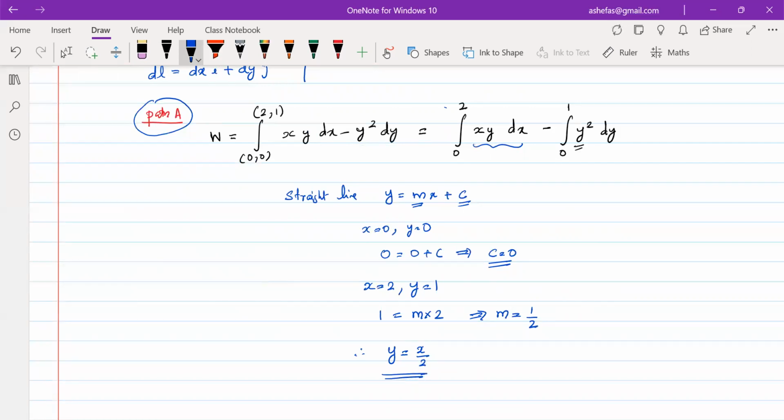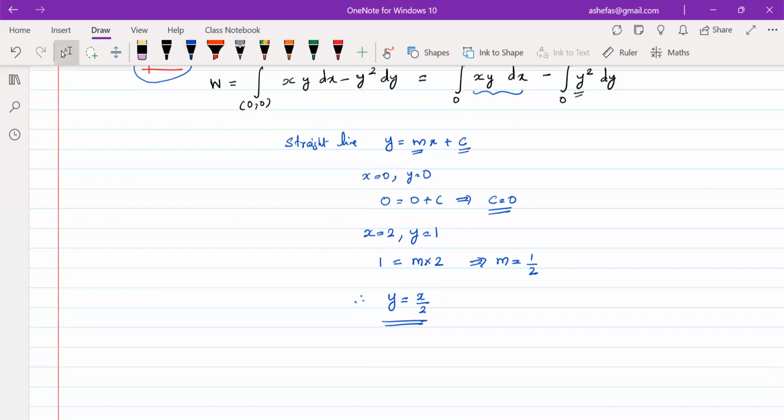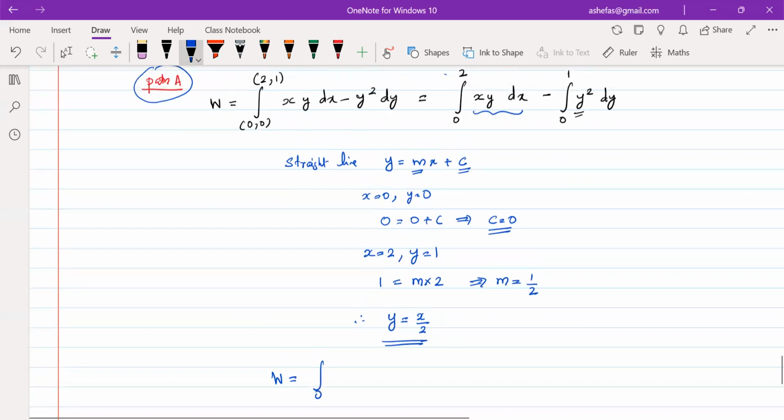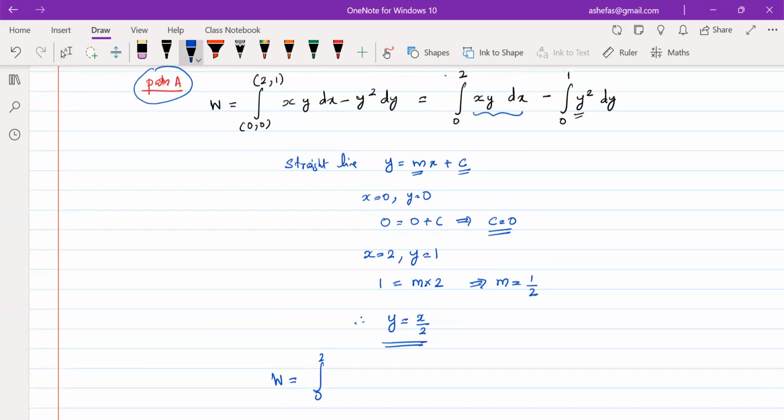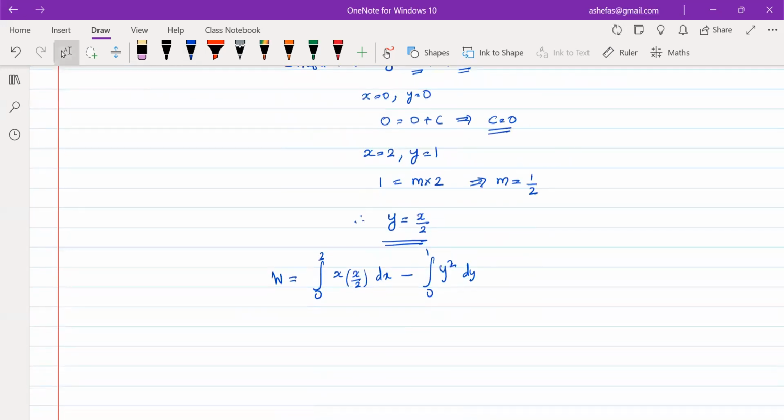So we can use this relation between y and x to substitute over here. Therefore, the work done will become the integral 0 to 2 of x times y, and instead of y we can write x by 2, dx, minus the integral 0 to 1 of y square dy. Okay, so this is equal to